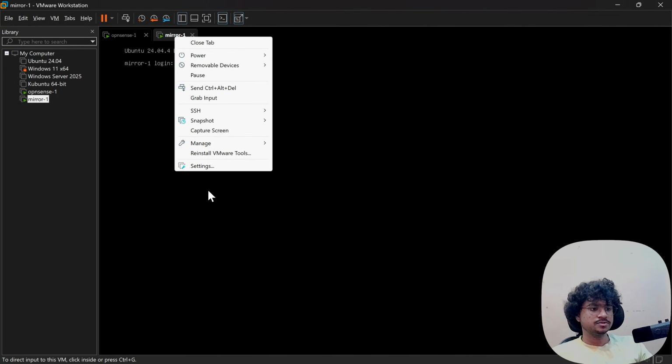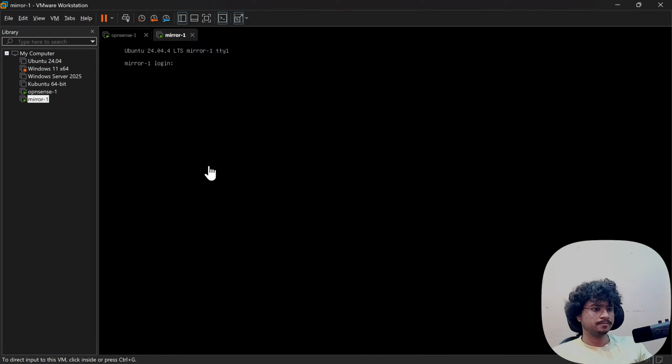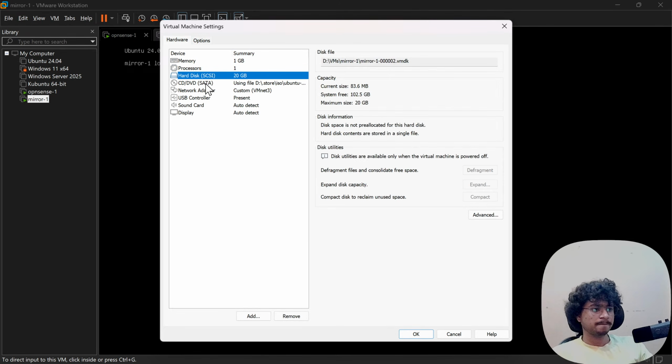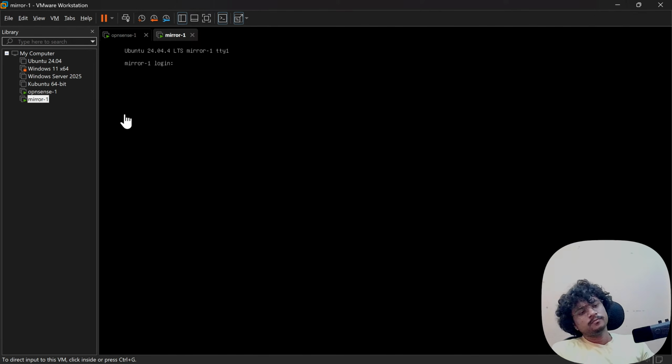I've capped it to use just 1 GB of RAM. Very limited. Okay.